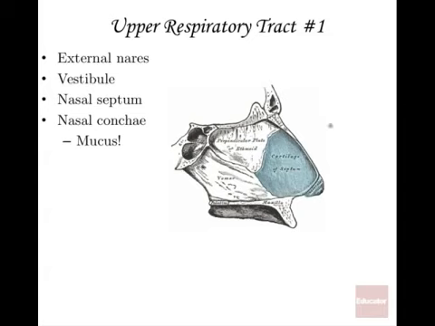This particular image is great, from Gray's Anatomy. It's just a perfect sagittal cross-section straight through the middle of this nasal region. And then, of course, the nasal conchae. If we were to look at other parts on the sides or lateral to this septum, the nasal conchae are those twists and turns of mostly the ethmoid bone. There are a couple other bones involved, but the ethmoid bone is the majority of those twisty-turny passageways leading air into the body. And along that, you're going to have the production of lots of mucus.